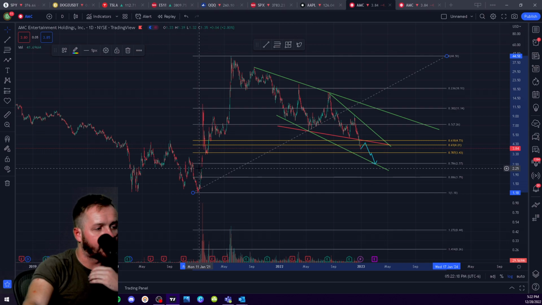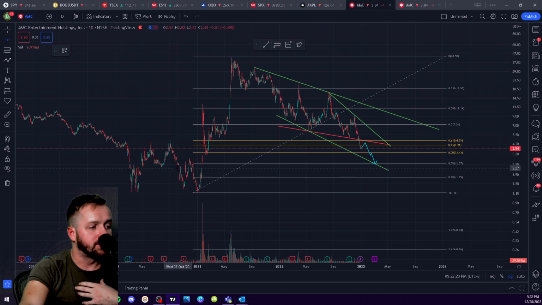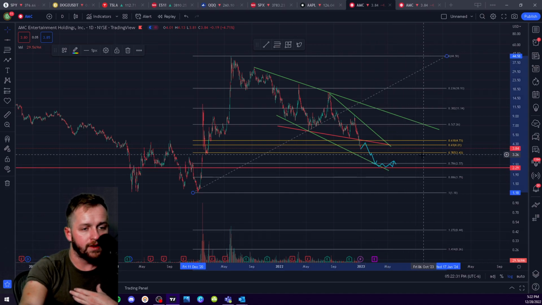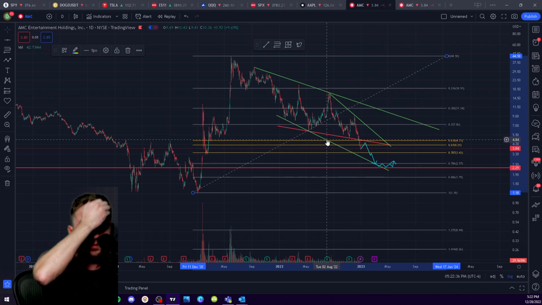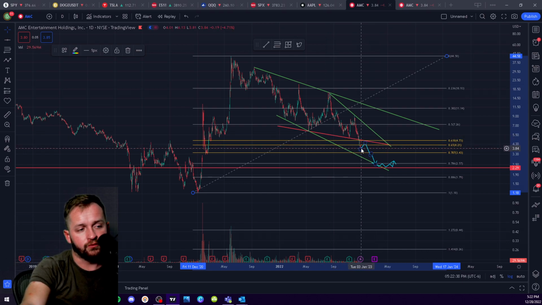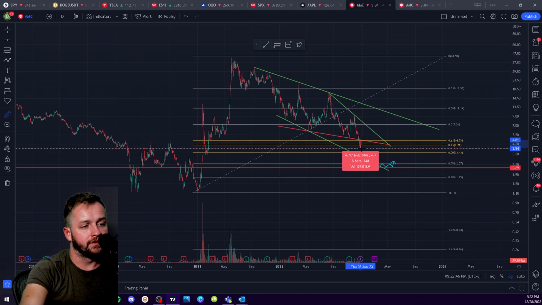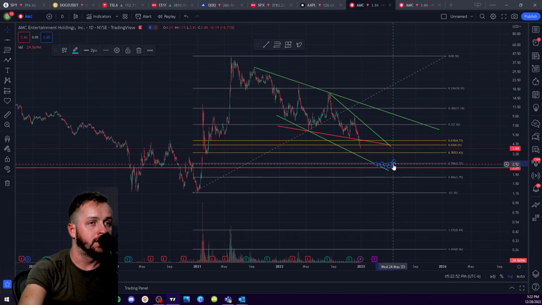You could extend lower. I do see this gap back here, which might act as a magnet around this region. So the look would be like this, and then that would be your next potential upside thing. But this descending support trend being broken is really bad news. And obviously you're already seeing the repercussions of this. Since breaking, you're already down 20%, and I am expecting a lot more.